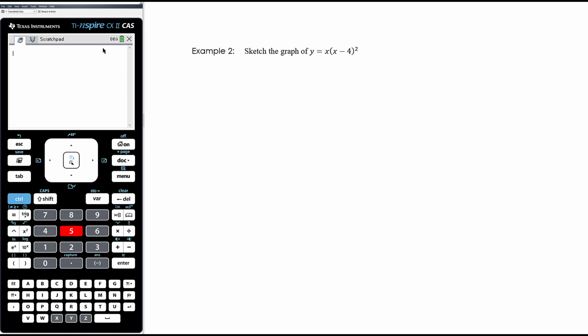Okay, if you were to expand this out, you're going to get positive x cubed, and so the graph is going to go up as we go from left to right. So it's going to start down and finish up. Our x-intercepts,